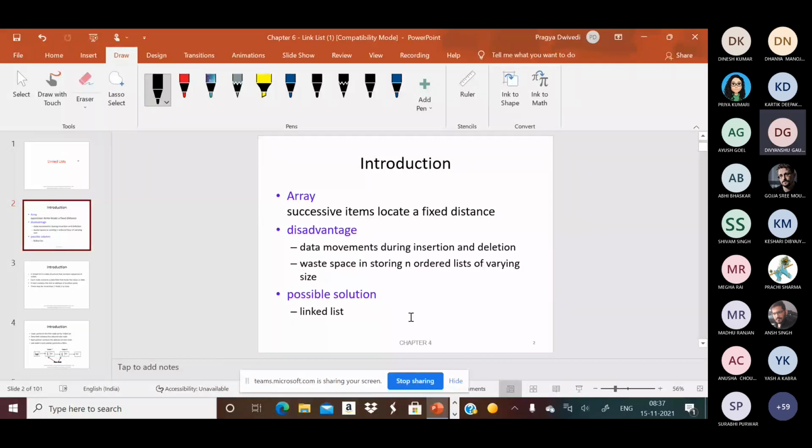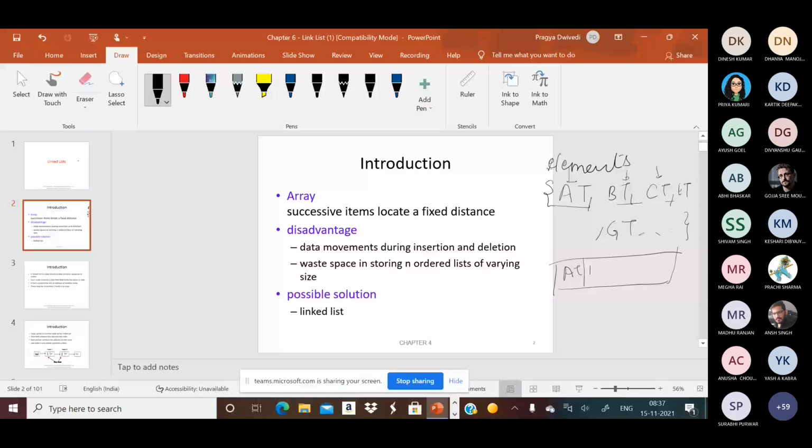Suppose you are given a list. In this ordered list, you can see AT, BT, CT, ET; these are the inputs you want to store. You can store them in this manner, first AT, then BT, then CT, then ET.